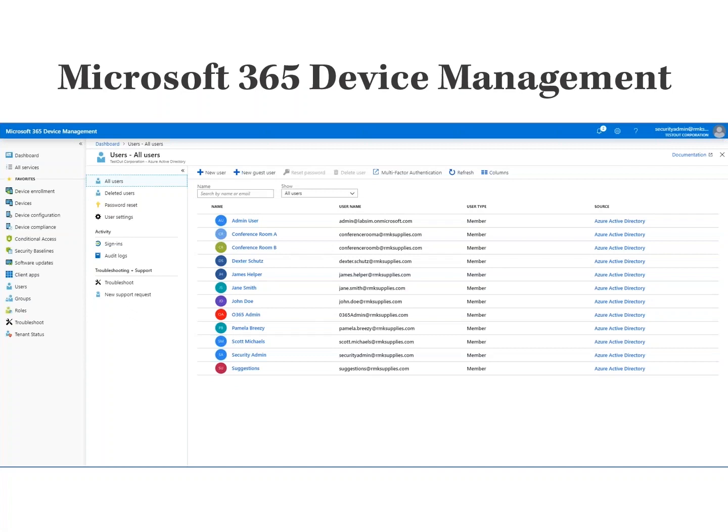So this one is the Microsoft 365 Device Management Console, basically the Intune console. It's a little small there, but if you can see on the left, this is where they handle device enrollment and device compliance and configuration, also client apps and software updates in this one.